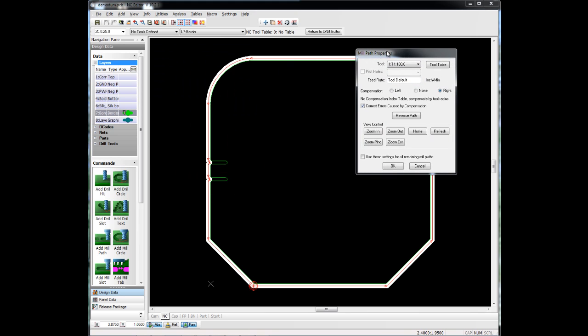Now one thing you might notice is that the mill does not go into these areas here. Well, it caught the fact that we're using a 100 mil route or mill program, and these are less than 100 mils in width. So what we might do now is either add a second mill that goes into those areas, or just change the size of the mill program